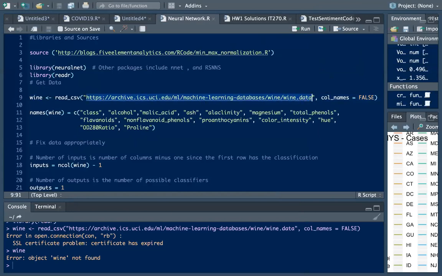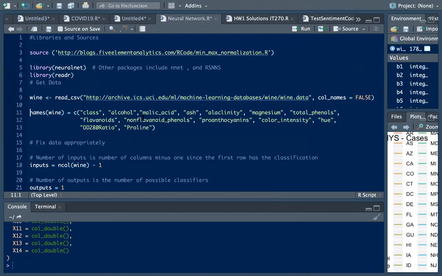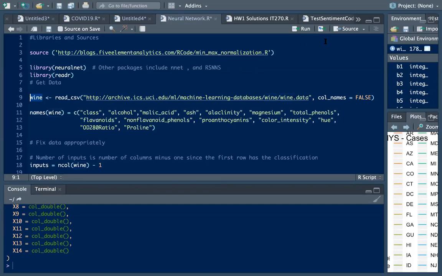The certificate has expired, so I have to see why it's doing that. I think their certificate expired. There you go. Just change this from HTTPS to HTTP, and it will work. Their security certificate expired, so it won't download without intervention. Okay. Once we do this, and I run wine by itself,